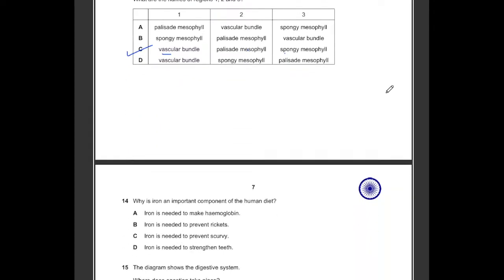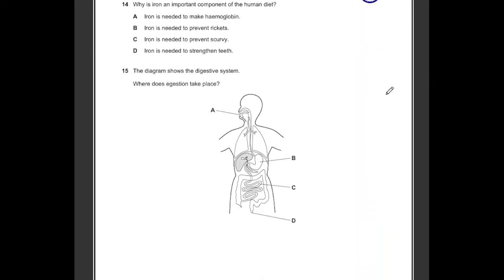Now 13th is done. Next, moving to the 14th one, and we are going to reach half of the questions here. Why is iron an important component of human diet? Scurvy, that is for vitamin C. Strengthening, we have calcium. Rickets, it is D. Like this you come to the correct one, and that is iron is needed for hemoglobin, and if hemoglobin is not there, the disease named as,